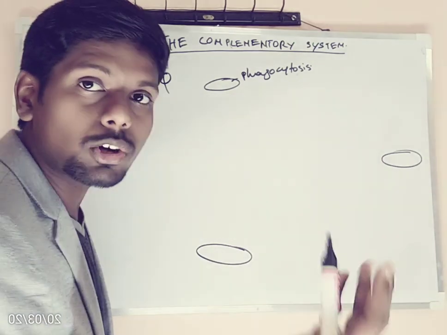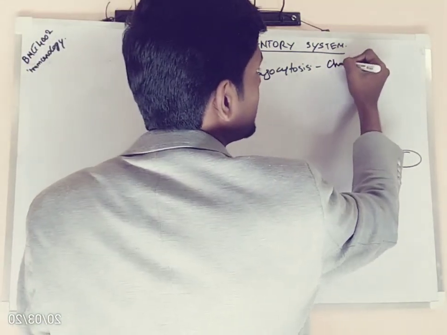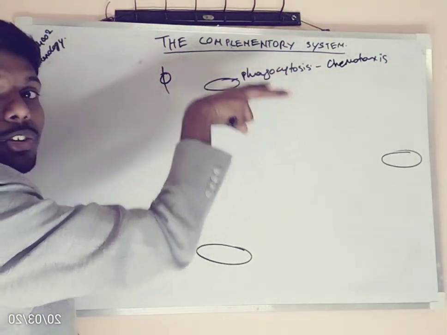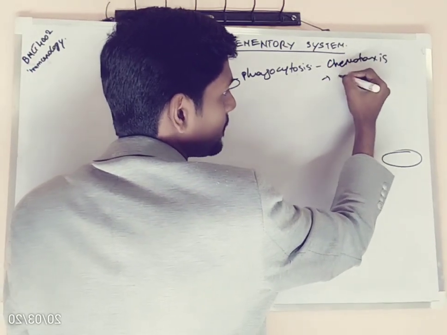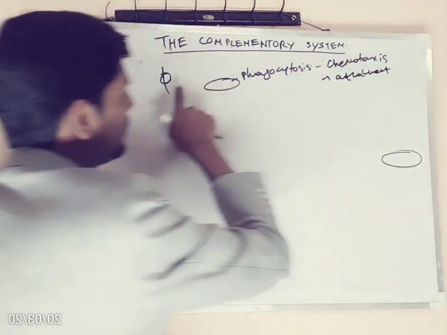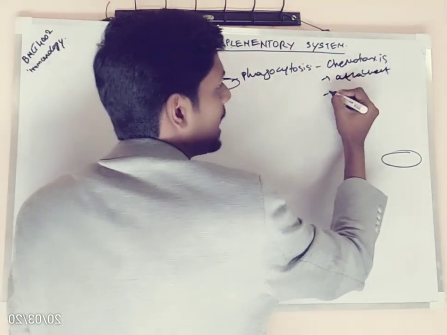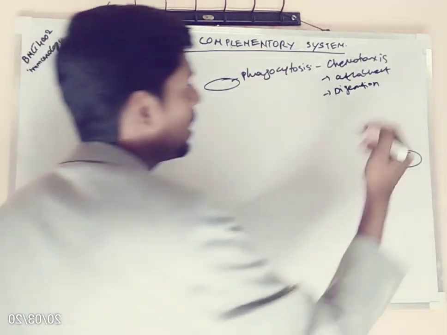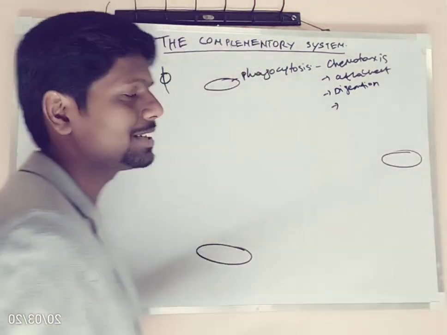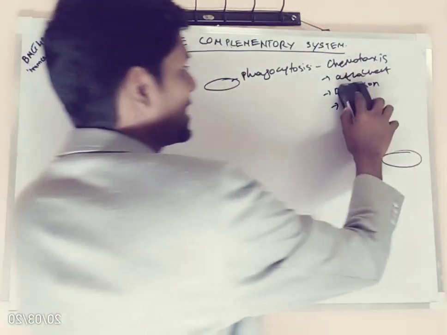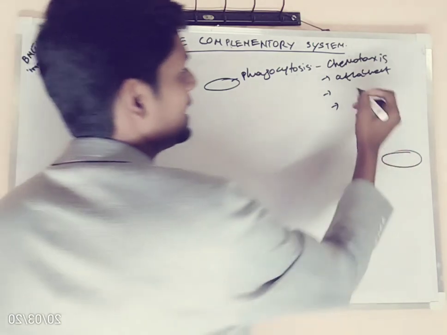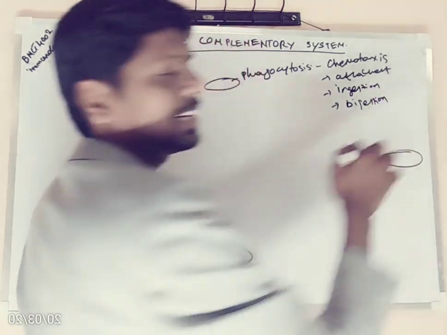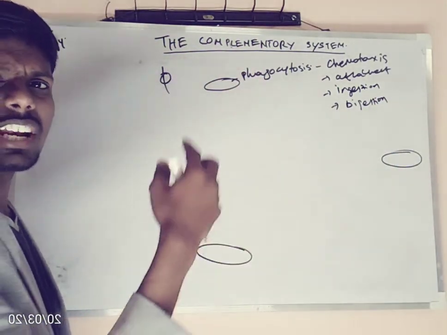And I hope you know the four stages of phagocytosis. It happens with chemotaxis, the attraction of the phagocytic cell towards the pathogen, then attachment, where the macrophage will attach to the bacteria, then ingestion and digestion. Obviously the macrophage will start digesting the pathogen. I'm sorry students, the stages are attachment, ingestion and digestion. Digestion results in the pathogen being broken into peptide molecules, and they will start being expressed on the